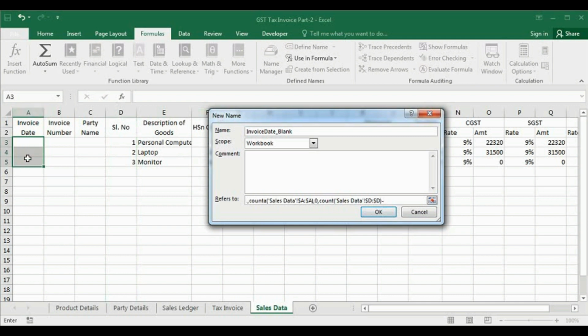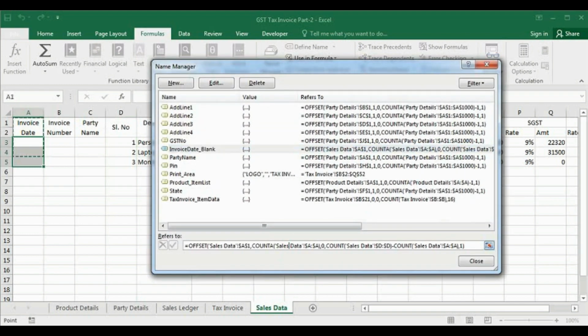So again COUNT, because the dates are numbers, so you use COUNT, bracket close, comma, 1 column, and bracket close. Okay, let's see, it is taking from here, so we have to subtract 1, plus 1, here we have to put plus 1. Now I think this is okay.